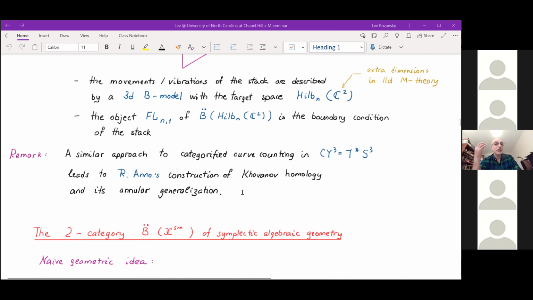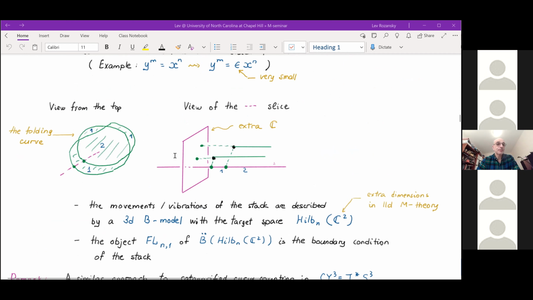So again, the idea is that one way to count curves which are related to Lagrangians is to put Lagrangians in such a position that curves almost coincide. And then you can apply the method of the 3D B model to do the counting. Yeah, but I'm confused. Do you have the freedom to put your Lagrangian in the position which you like? It's an interesting question. So here we will need a physicist to comment more